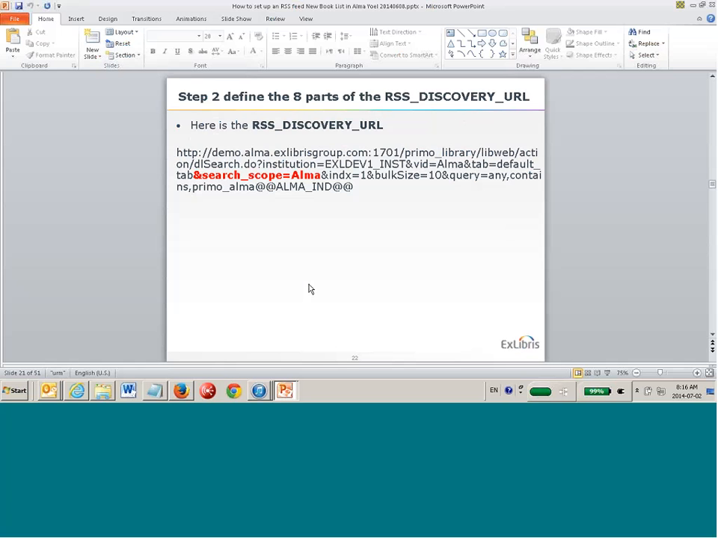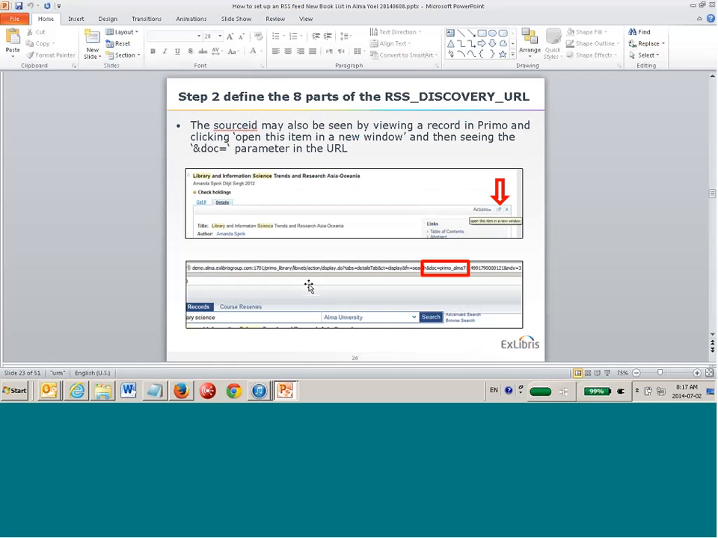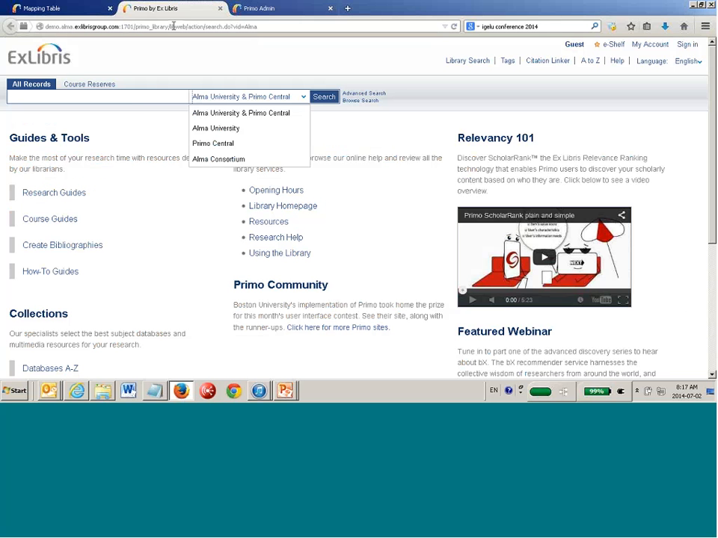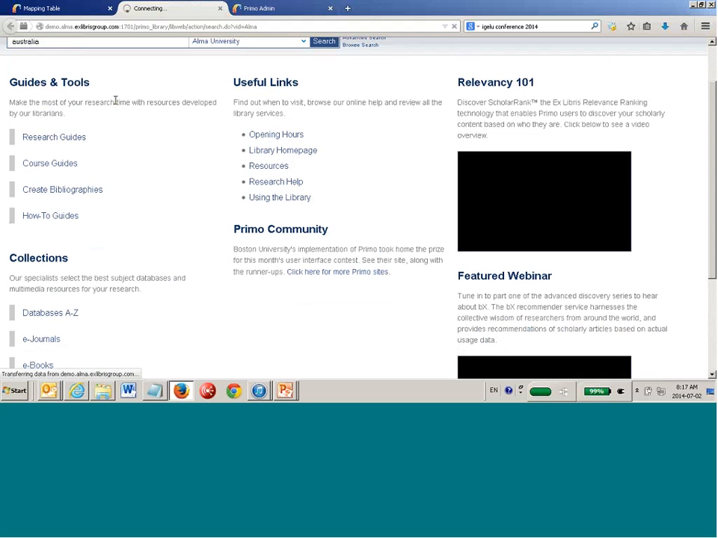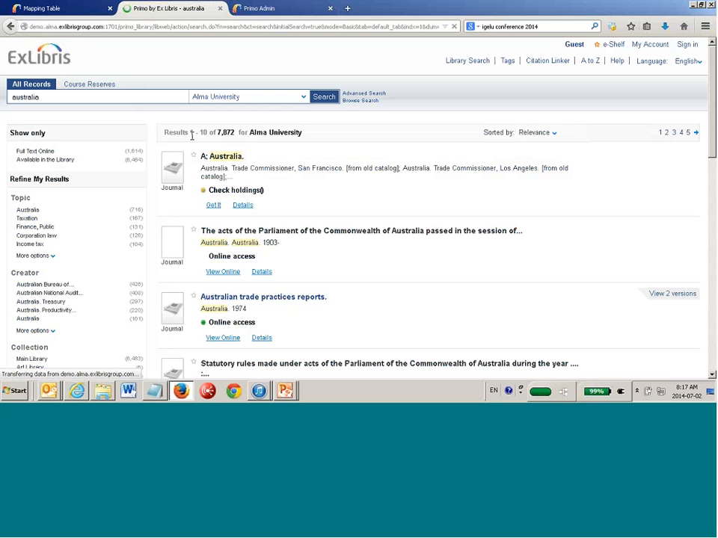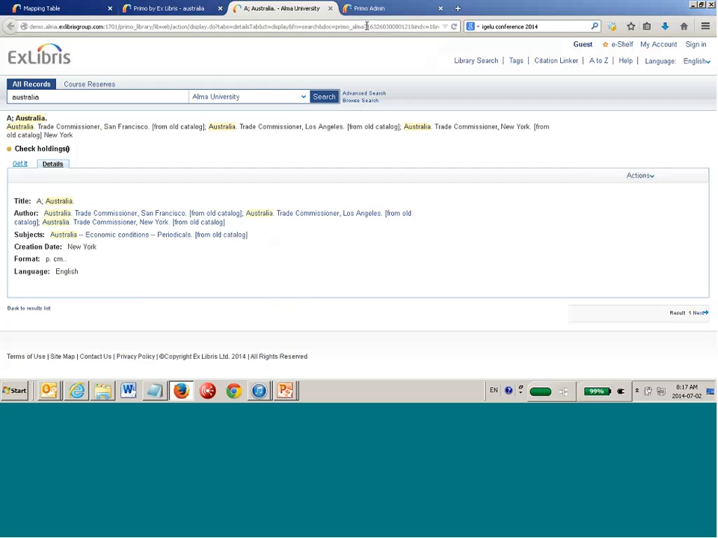The seventh part is the source ID. The source ID you can get in a few different ways, actually just three different ways. If we do a search for anything in Primo, and we go to the Details tab and go here to the Open this item in a new window, we're always going to get